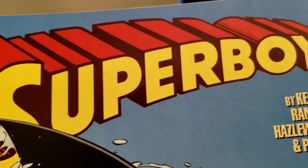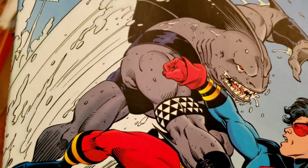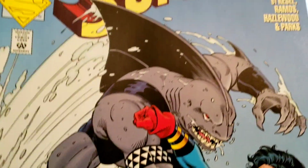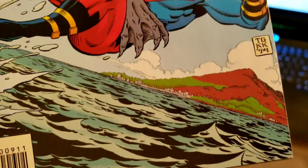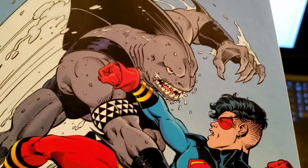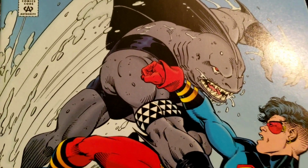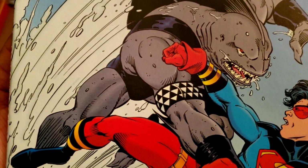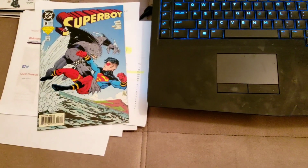I'm going to send this one out because it's a free book at this point, and I'm going to end up paying $33 for this book to press and clean it and hope for at least a 9.6 so I can make money on it. At a 9.6, I may make more than $7 on it. I'll probably make around $30 on it. At a 9.8, I make at least $70 on it. So that's how I'm going to determine this. If it comes back at a 9.4, I'll probably break even on this. A 9.4 will probably be under $50. But I don't think it will be. I think this book will be a 9.6 or a 9.8, and I think that's a 9.8 with a press. I don't even think it needs a press, but